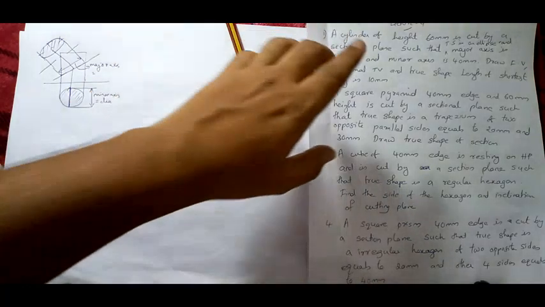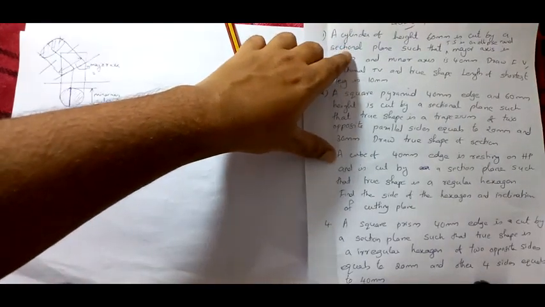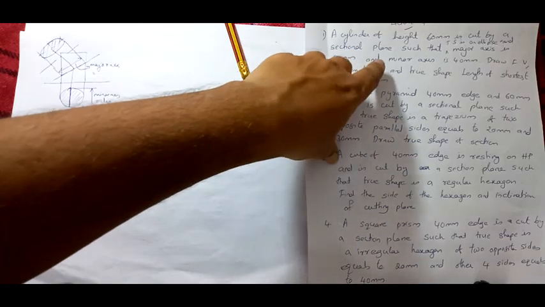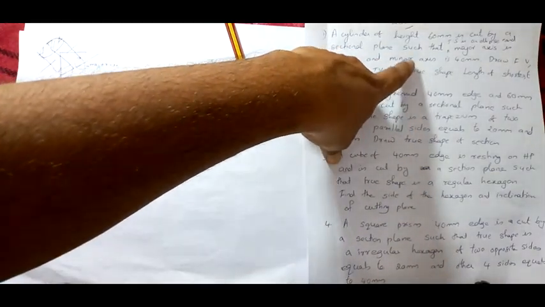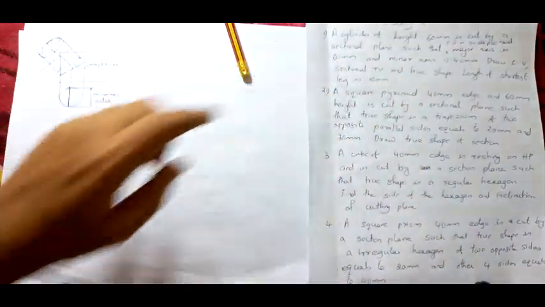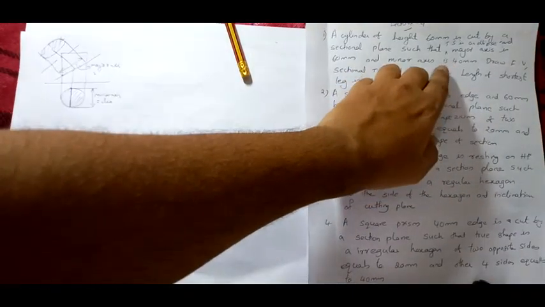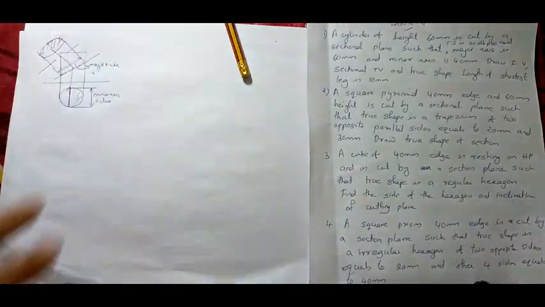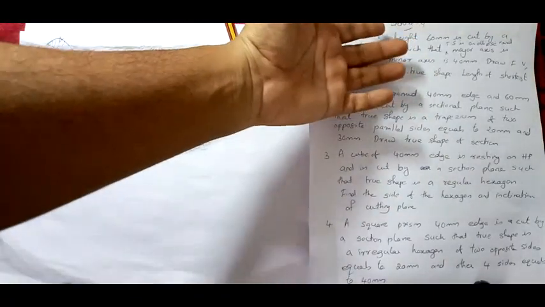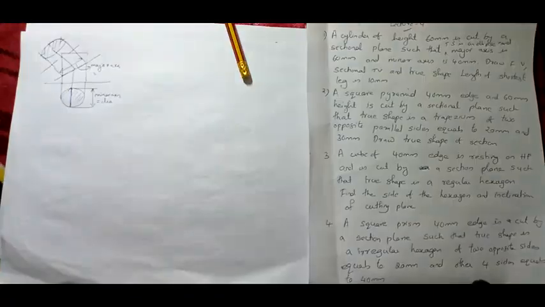Now coming back to your question, here they haven't given the diameter, instead they have given what? Minor axis. So minor axis is equal to 40 mm means your diameter of circle will be equal to the minor axis. If minor axis is given, there is no need to give the diameter. If they have given the diameter, they will not be giving the minor axis. So either minor axis or diameter will be given.